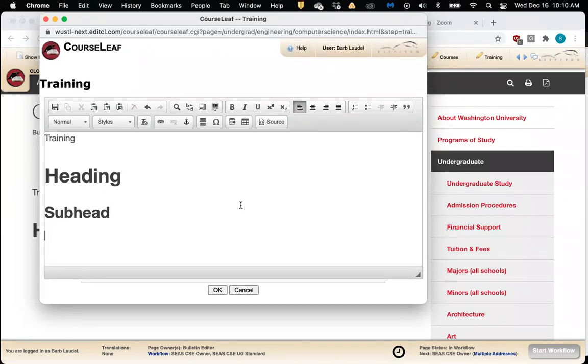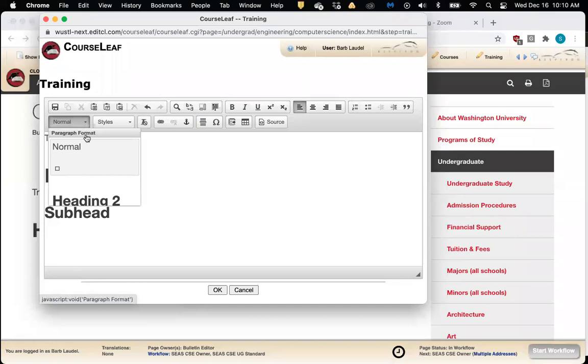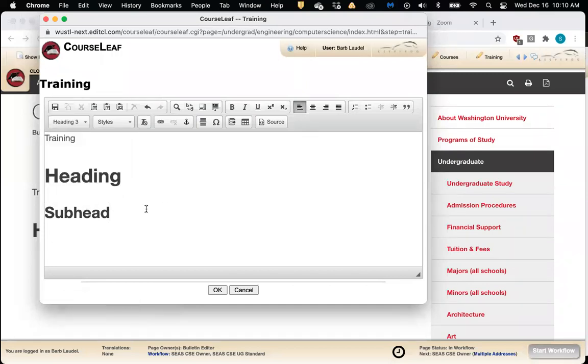The other item that I want to point out has to do with the numbered icons and the bulleted icons. Just note that the items I'm pointing out are really the key things that are important to you. I know there's a lot of icons here, but you'll only need to know the key ones I'm pointing out. This one here where it says normal, heading 1, heading 2, we just talked about. The next ones are the numbered icons and the bulleted icons.